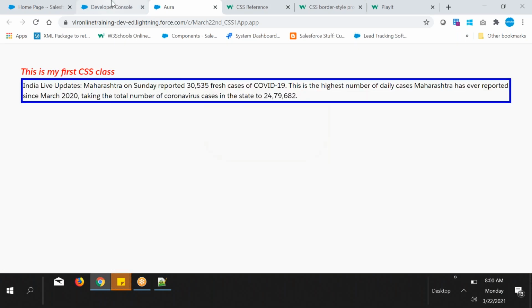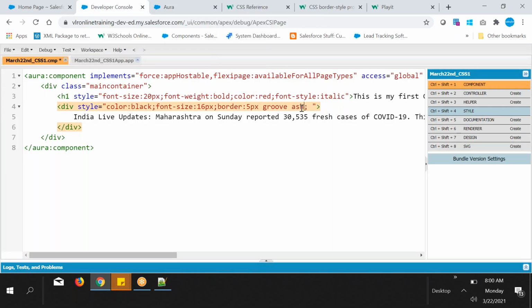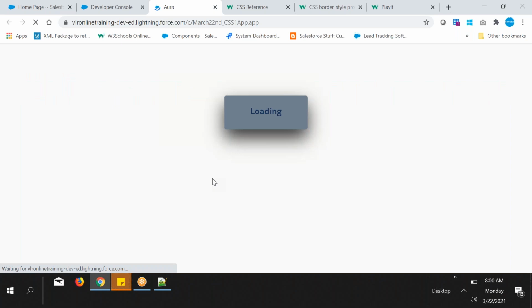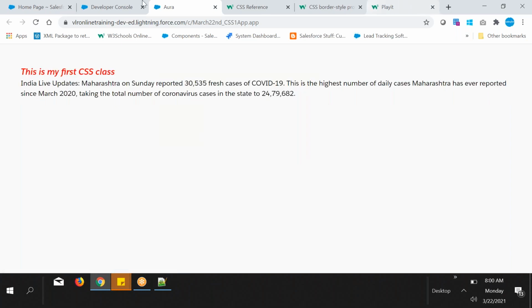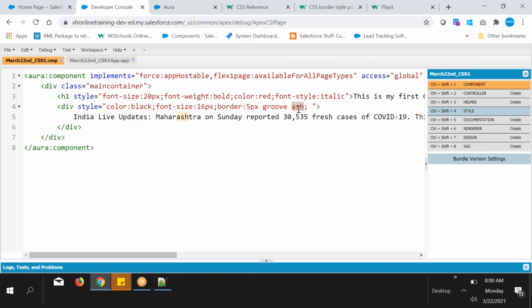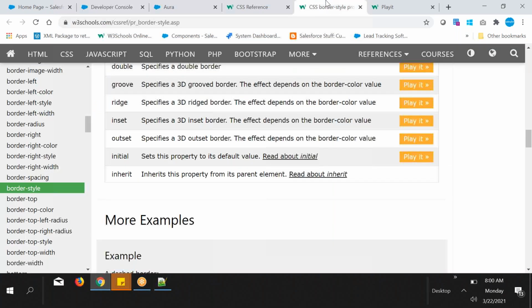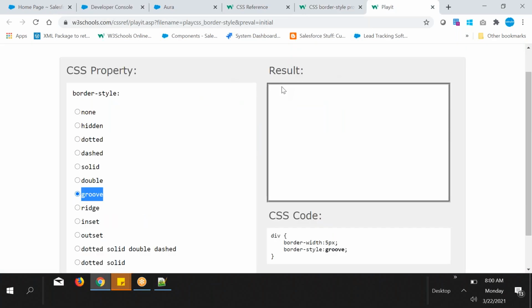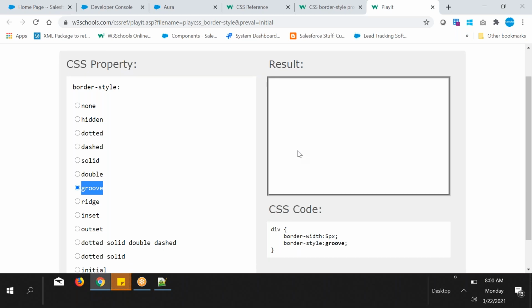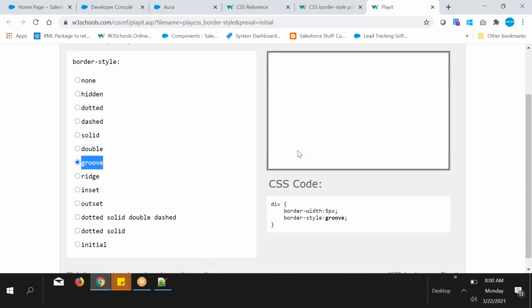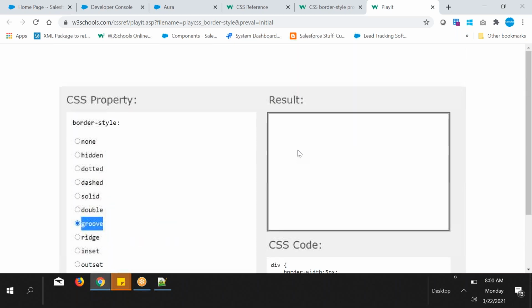Okay, this is groove, or ash color. Let's change the color. Ash means this one only, right? Color. Hash or ash? This color, what is that color? Gray, right?